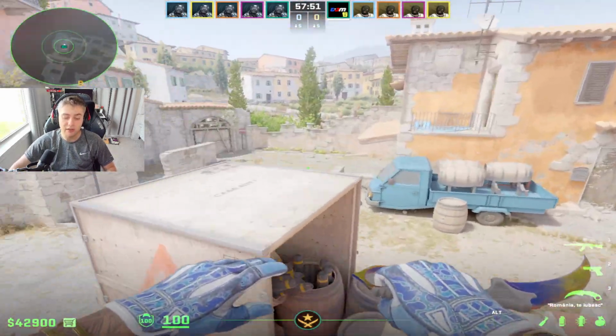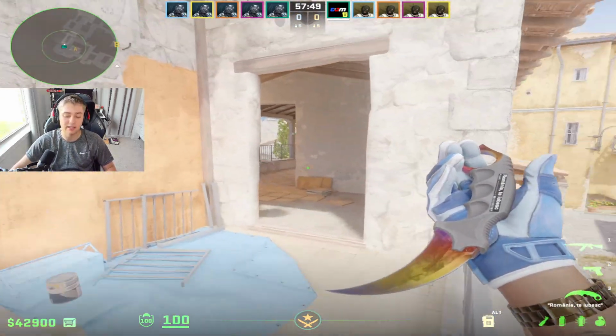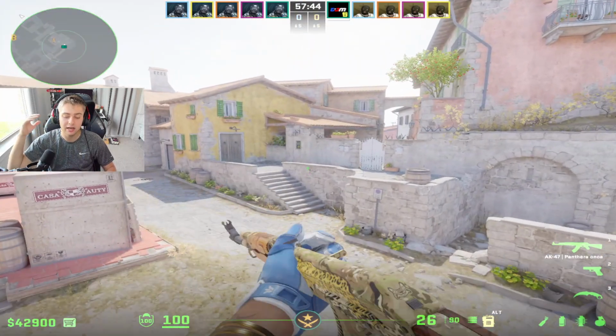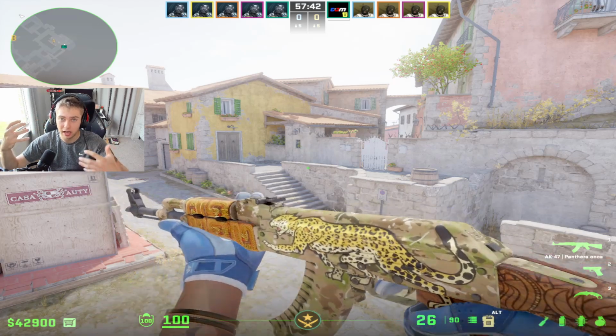So I know it's very obvious, but I promise the majority of you are doing this completely wrong, and that's the easiest way to counter the AWPer. Now I'm going to give you specifics as to how to counter the AWPer when there is no way to avoid them, but first I have to give you a message